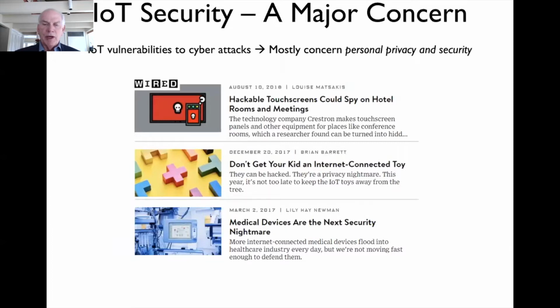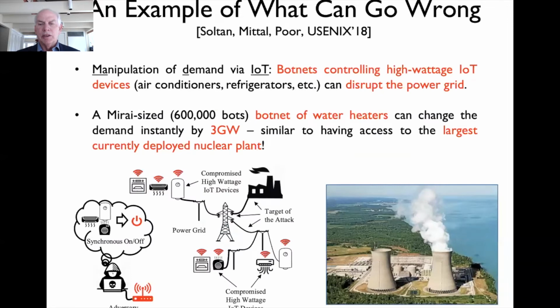One example, which I was involved with in some research, is, as Sajal mentioned, the energy systems. This is an energy system example of what can go wrong with IoT networks when you don't have them secured. It involves something called a MAD attack, or manipulation of demand attack, where you have a botnet controlling a lot of IoT devices like Nest devices on your air conditioner or refrigerator. And if you can get a botnet of Mirai size, like 600,000 bots, controlling that many